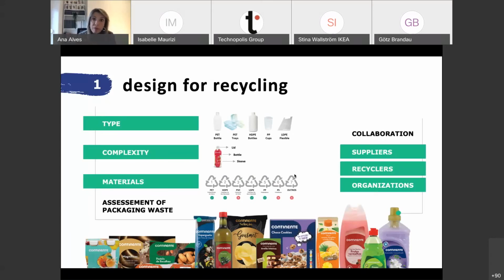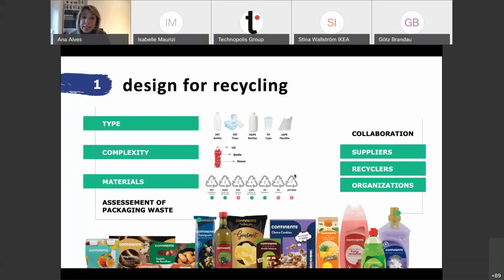And here, I think it is crucial to have conscious suppliers involved with this purpose, that are able to offer, or at least to go and find, some alternatives without a significant increase in the cost price of the product. It's crucial to have a modern and competent recycling industry, and also to cooperate with the different organizations that are truly focused on contributing to the solution.